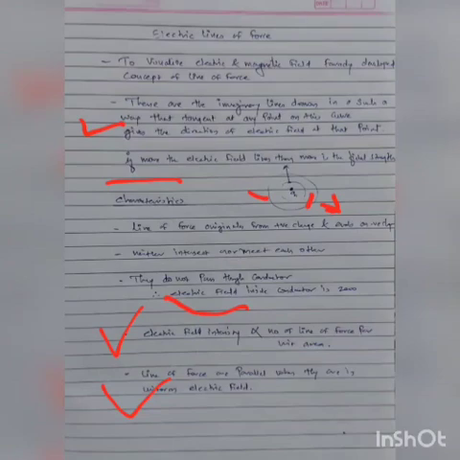Electric line of force, or in the next chapter magnetic line of force, are just imaginary lines to have a clear idea, or a clear concept. This has been developed by Faraday. These are imaginary curves drawn such that the tangent at any point gives the direction of the field. And in characteristics, a few things you will have to remember are that they always start from positive, end on negative, never intersect each other, do not pass through the conductor, and the more the number of electric field lines, the more the electric field intensity.